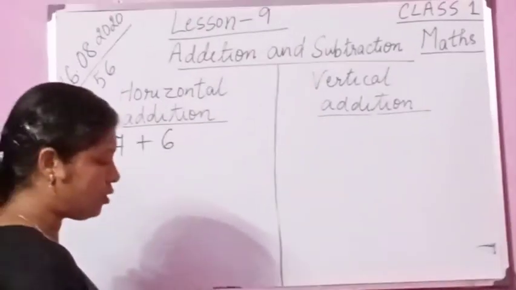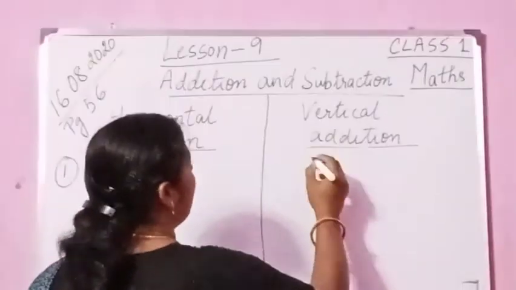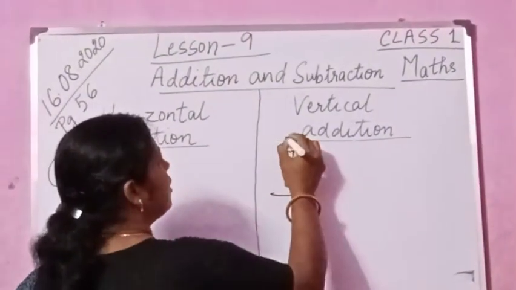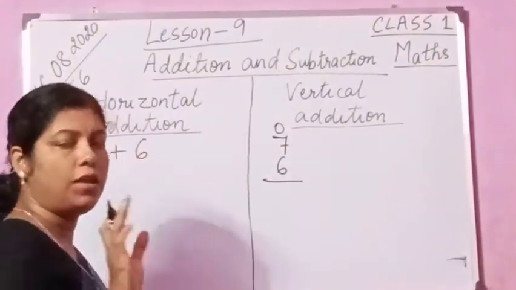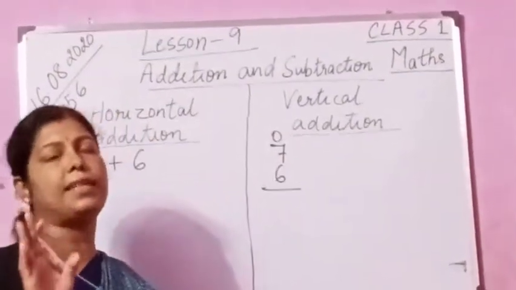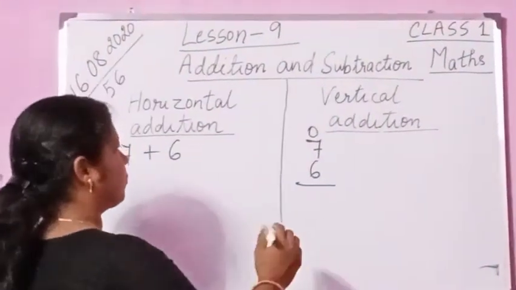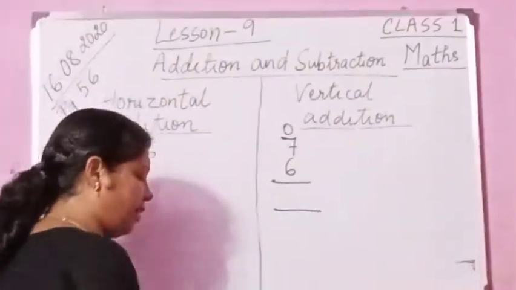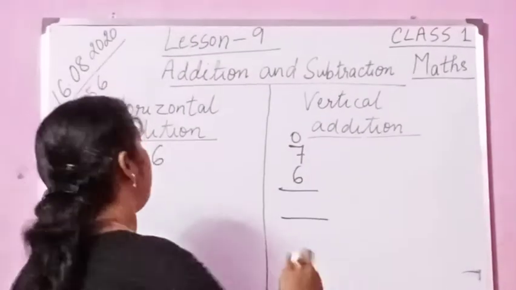Now you see children, when we are going to do vertical addition, we are going to write tens and ones. Only one digit is here, so we write ones. Only O is enough; by O you can understand that is ones. No need to write O-N-E-S, only write O. Now you can also draw. If you want, it is already given that you can make your drawings, whatever drawings you want.